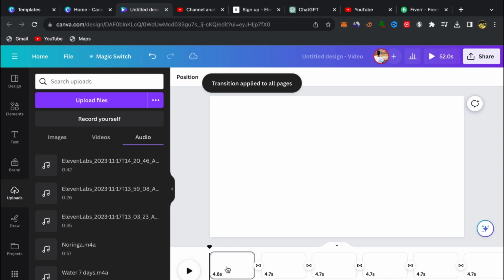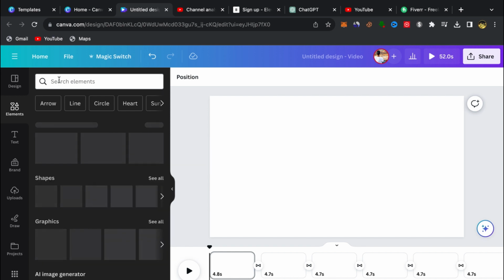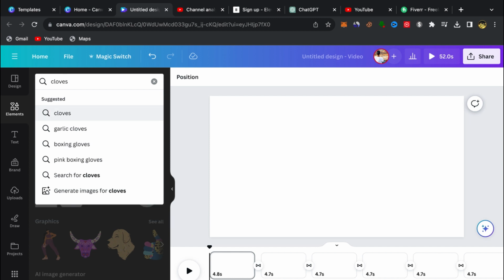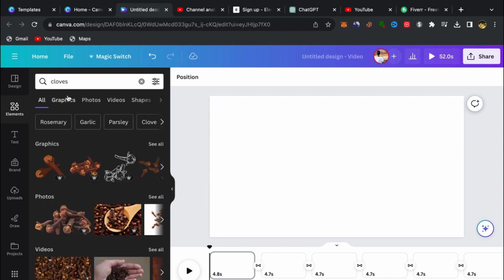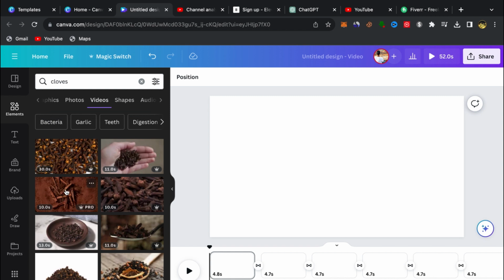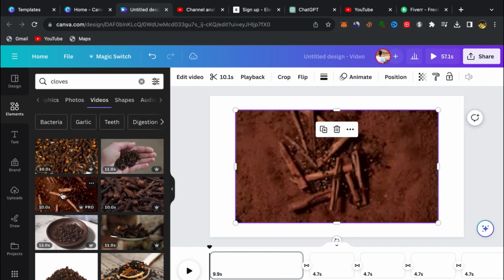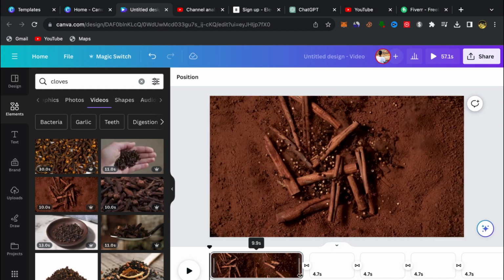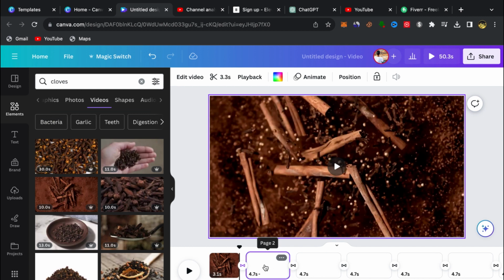Okay, like this. What you need to do now is you need to click over here on elements. Click on the search and search for gloves. Like this. Click on videos because we want videos, and here you go. So you will find a lot of videos about gloves. Okay, so for example, let's choose this one. Just click on the video and your video will be over here. Click on this 3 point, set the video as background, make it short,